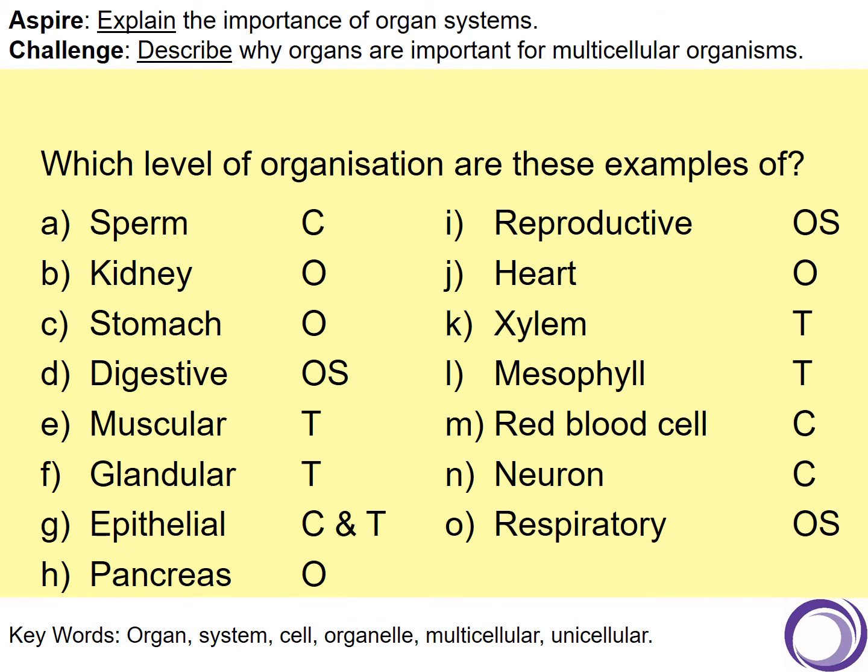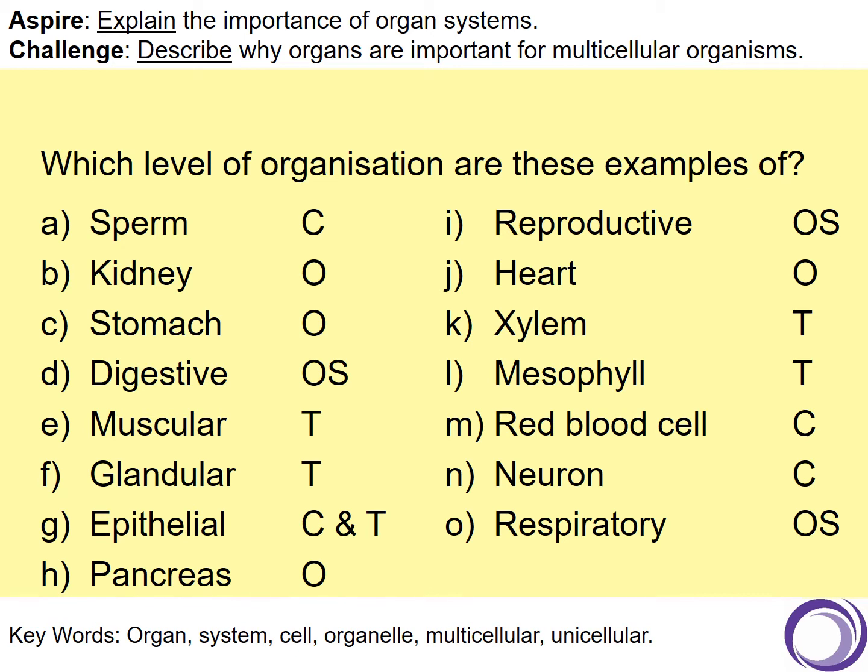So a sperm is a cell, a kidney is an organ, the stomach is an organ, and the digestive system is an organ system. I've gone through these ones. So muscular, you could have a cell because you could have a muscle cell, but it says muscular, so it's tissue, glandular tissue, and you can have epithelial cells and you can have epithelial tissues. Pancreas is an organ, reproductive system is an organ system, the heart is an organ, xylem I will give you